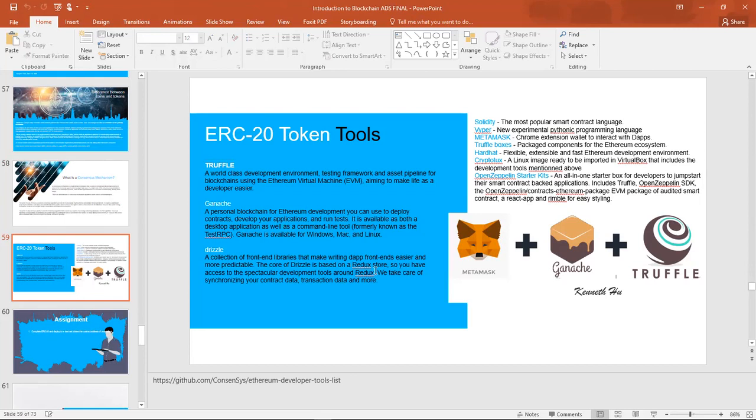So you have access to spectacular development tools around Redux. If you are familiar with Redux, Drizzle is compatible with it, and it's easy to use because these are libraries that are already created for you.